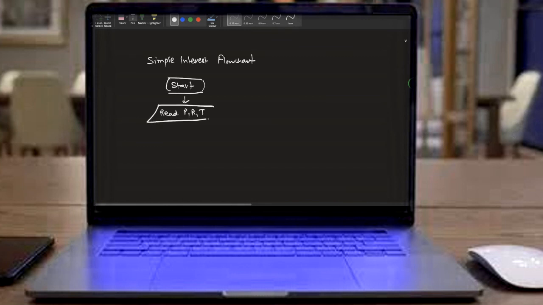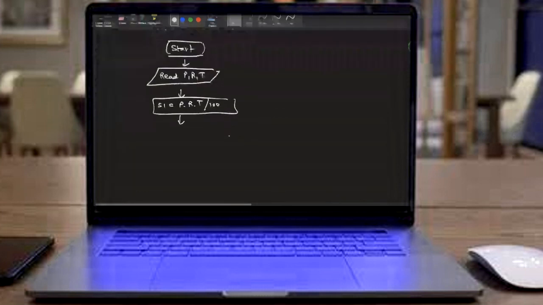So I give this box, and then once I have the inputs ready, I can do the processing. So it will be a rectangle. Let's put the formula here. So you compute the simple interest. Your simple interest is ready, but this is now inside the memory of the computer. This is not returned to the user. When you want to show the output to the user, you will use a print statement, and you will say, okay, print the simple interest, and then my task is done, so I will end here. Either end or stop. So this is how you depict the flow of the simple interest program, right?